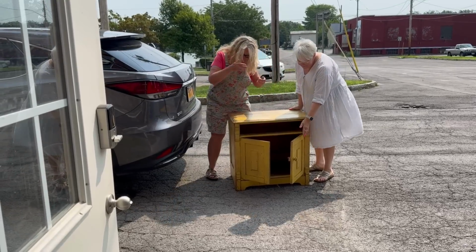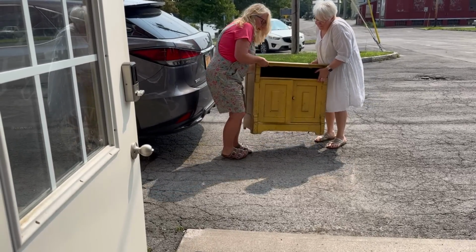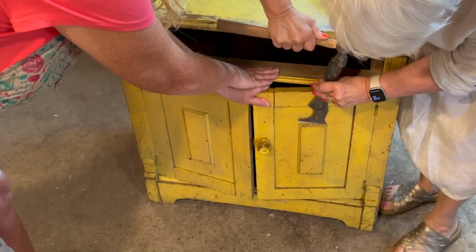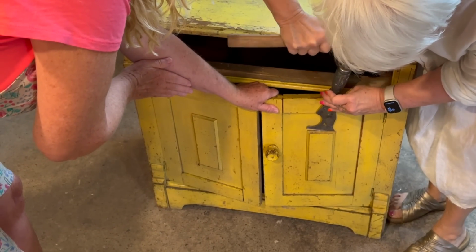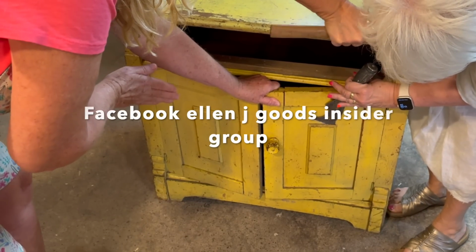This is my friend Patty. She brought an incredible piece of furniture that already had a chippy painted background. We shared the whole process of how we layered the Rose Botanicals over this piece in the J Goods Insider